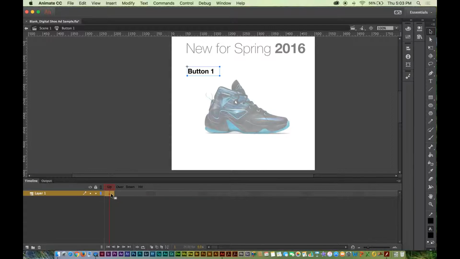Your up state is really the default state of the button. Your over state is the rollover. The down state is the look of the button when you have your finger clicked on it. So across the board, this works basically exactly like the